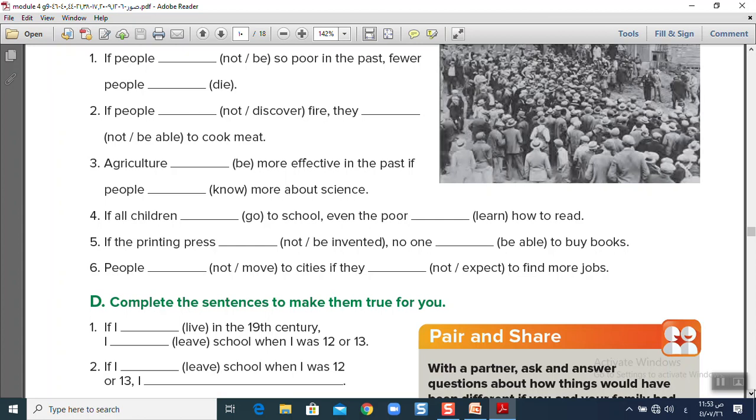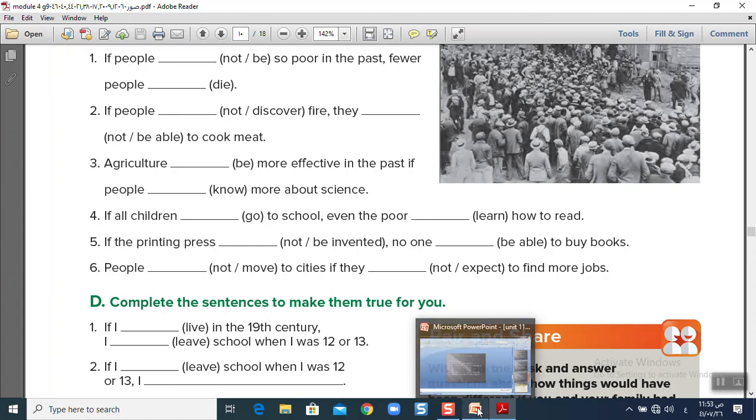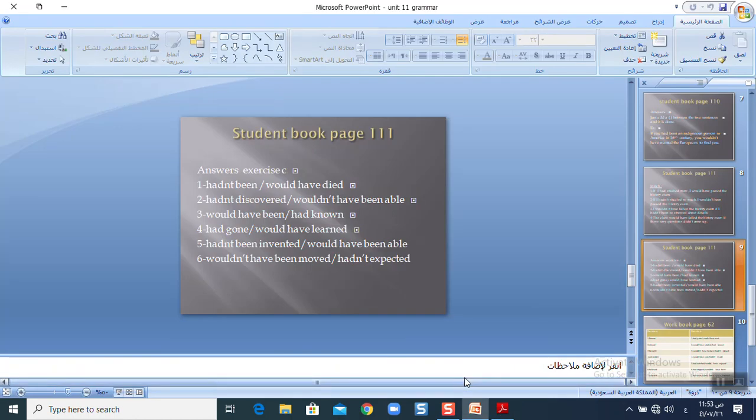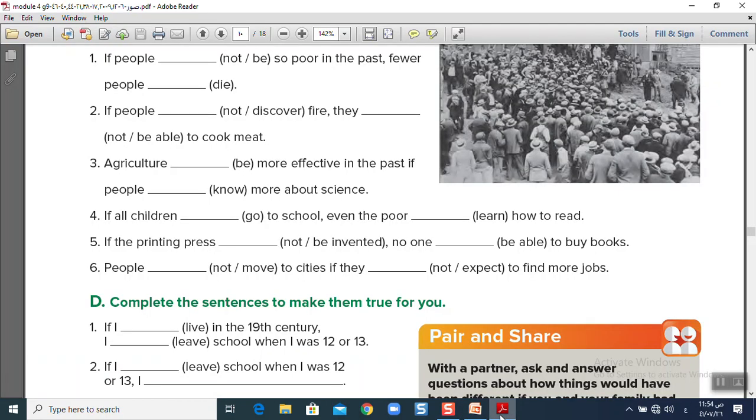This is the next sentence. If is followed by past perfect. So the next sentence is would have been. Agriculture would have been more effective in the past if people had known more about science. Check answer, like we learned. Would have been, had known. Good. Sentence number 4. If all children